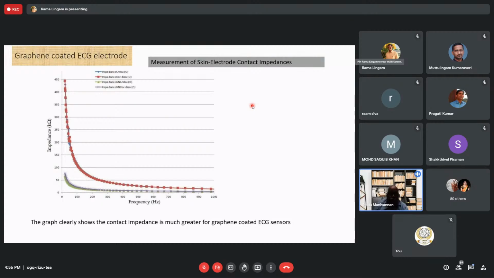Right, this is another experiment with the electrode, with a graphene coated electrode and a non-graphene coated electrode. There are 4 different types of electrode used. One is